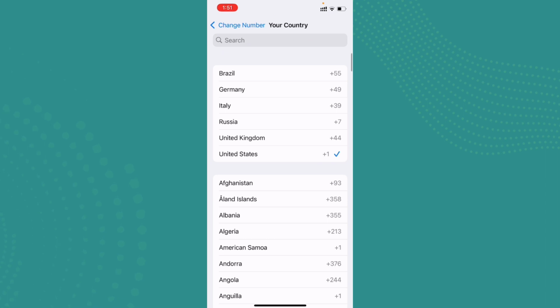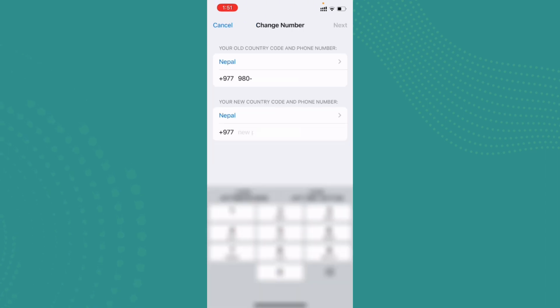Now here type down your old phone number, and in your new section you can just go ahead and type down the new phone number that you would like to add, and make sure that you also mention the country or the region where the phone number belongs to. Once it's done, go ahead and tap on next. So this is how easily the phone number will be swapped, but the chat won't be deleted and you won't